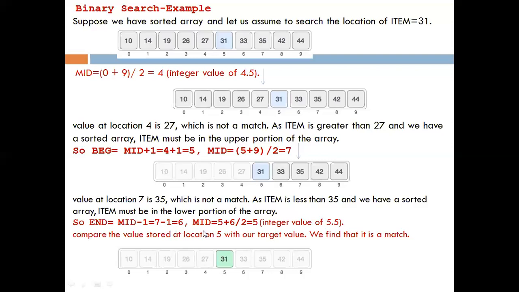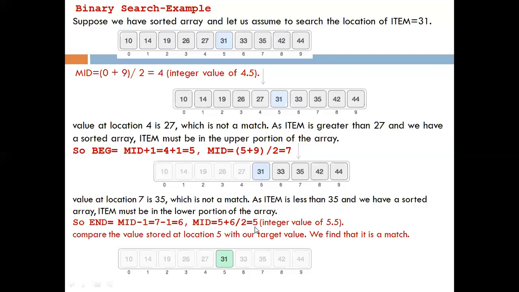So again, for the updated value of mid, beginning is 5 and end becomes 6. 5 plus 6 divided by 2 becomes 5.5. If we take only the integer value, it becomes 5.